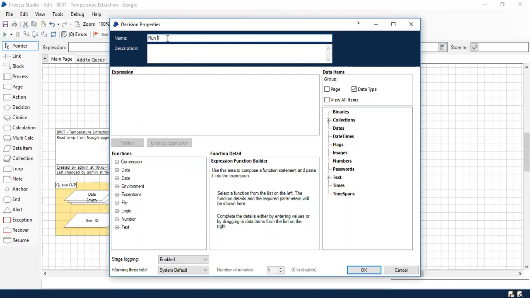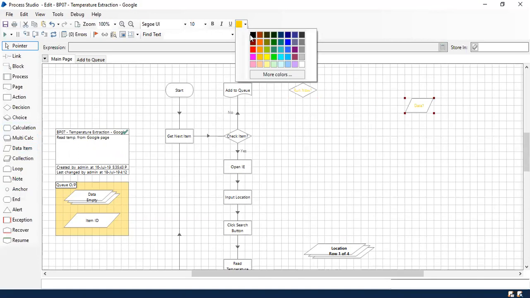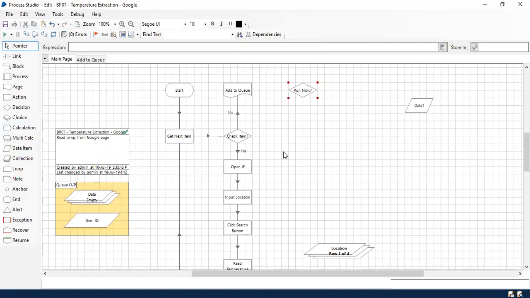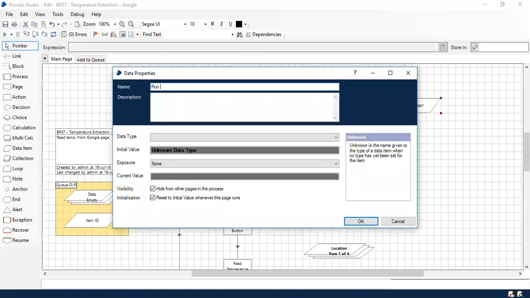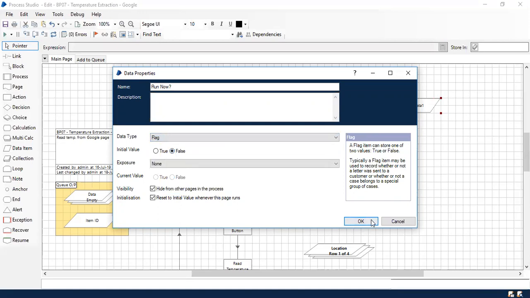Sorry, change it as a flag. I'm going to use one flag, change the color, because it's carrying the color which I used in this block for isolation, and change this to something like Run Now. Set this as a flag. I'm going to set it as false.